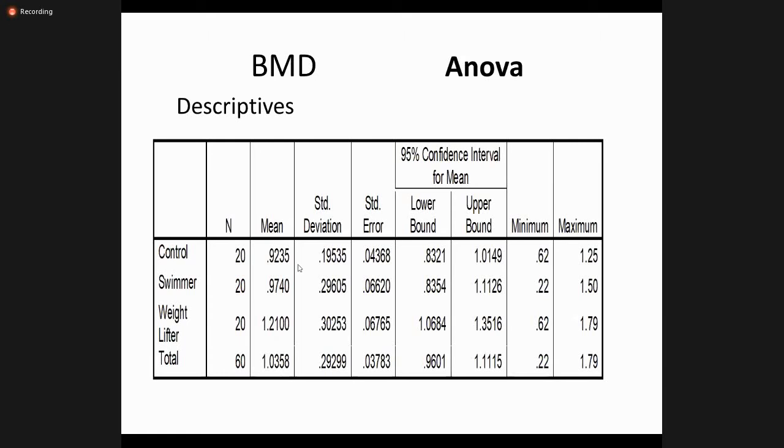And there is a total number, total mean, standard deviation of each group, standard deviation of total groups, standard error, the 95% confidence level from its lower bound, its upper bound, and there is a minimum and maximum. So this is the descriptive statistics which you click for asking, and you want to see that it is okay.